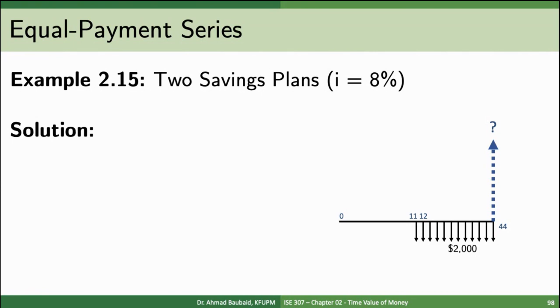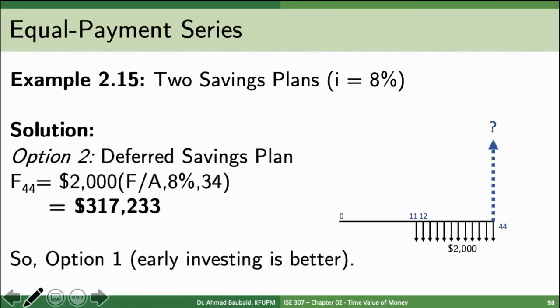Year 11, I make my first deposit, and I keep depositing until I get to age 65, which is time period 44. And here, actually, it's easier because my F is going to be exactly where the blue line actually is. So let me erase the red one so you don't get confused. So I just apply the formula, right? This is more straightforward than the last example. So if I apply the formula, I find that my F is